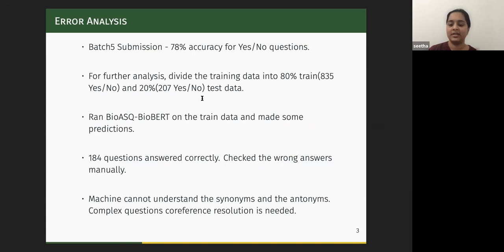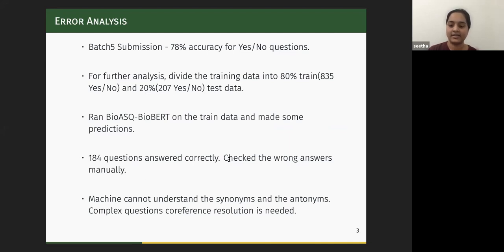We ran the BioBERT model on the available training data and got predictions. Out of 207 questions, 184 were answered correctly, and the remaining 23 questions